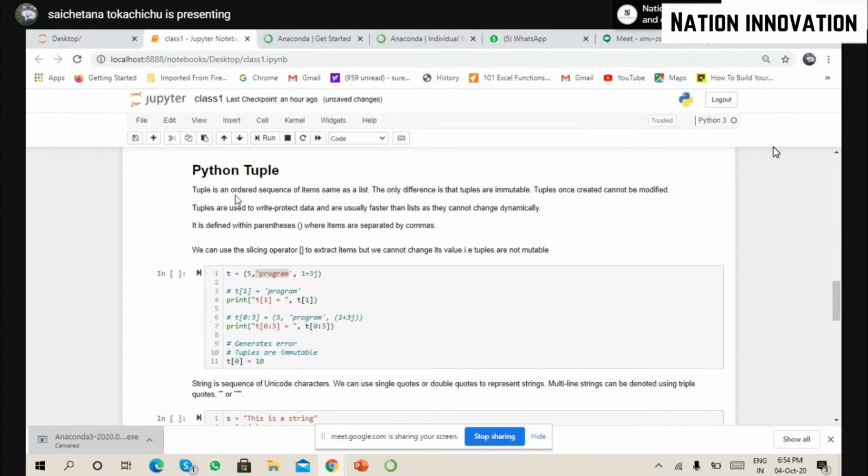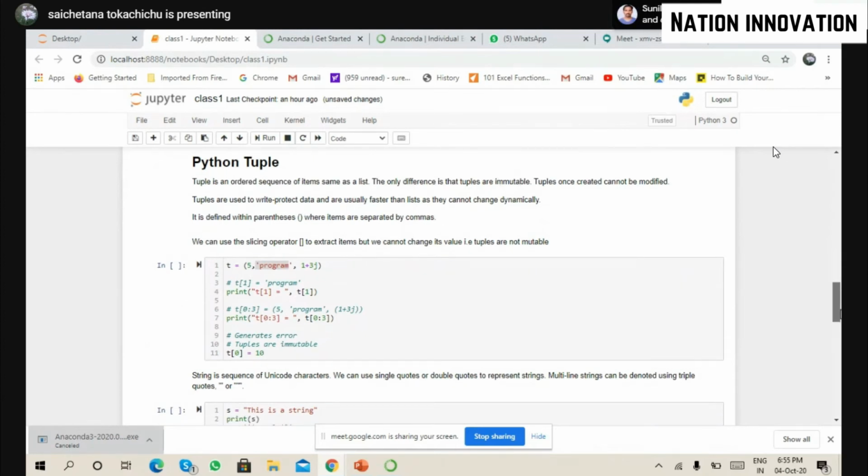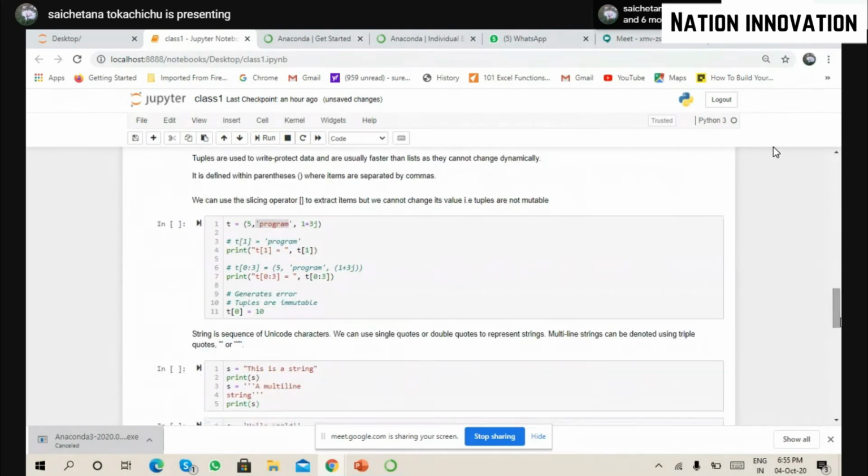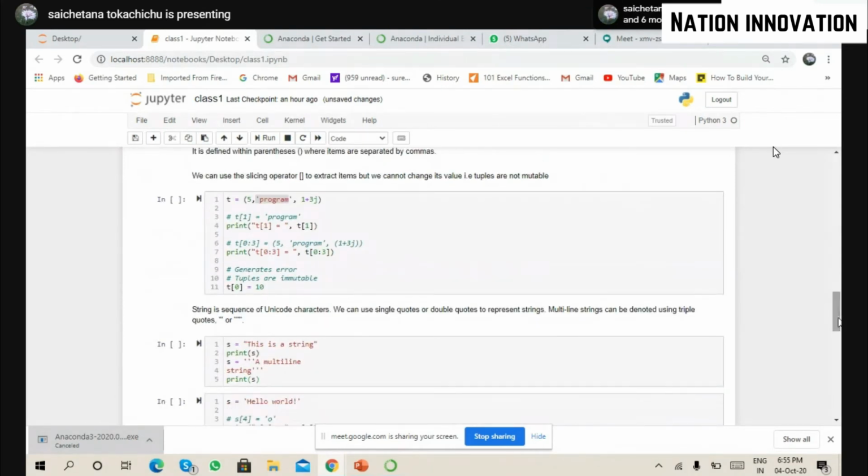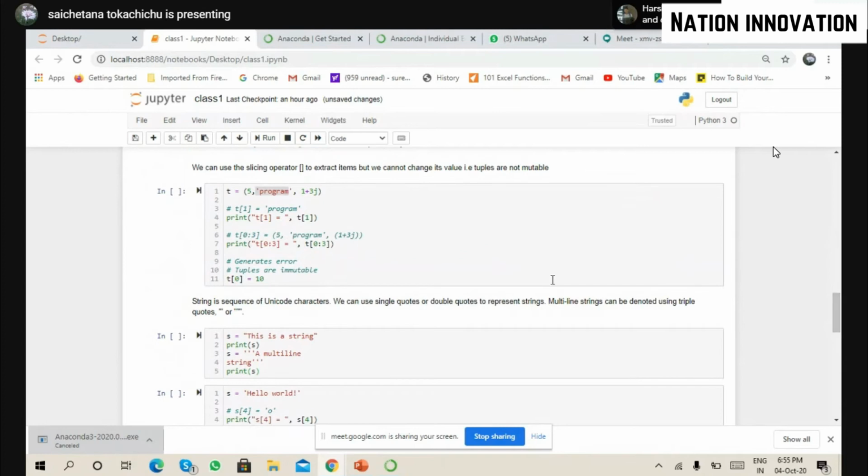So tuple is an ordered sequence of elements, same as list. The only difference is tuples are immutable. They are not able to change. So they are write protected. So if you are going to share your data to some people and you don't want them to apply any changes to your original data set, convert it to a tuple and run your operation. So after that, even if you give it to some person to do further changes, it is protected. So your data does not change. So remember this tuple. So what is a tuple? It is an ordered pair.